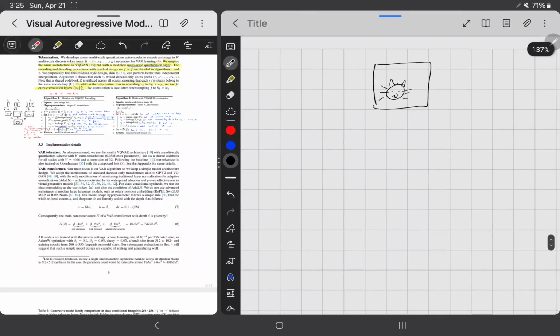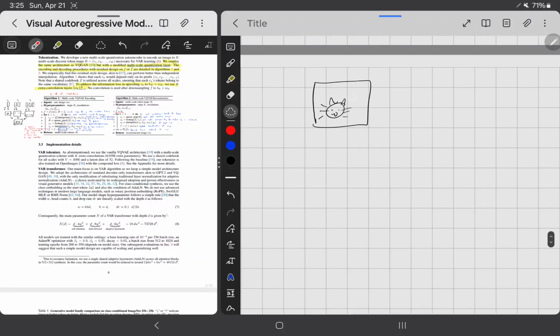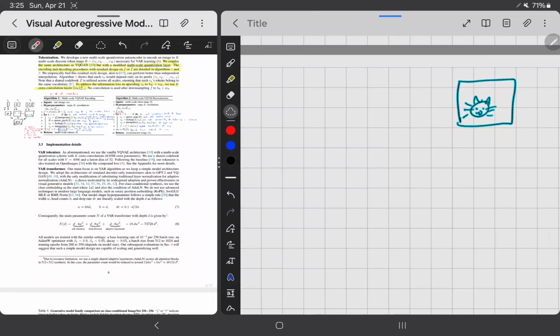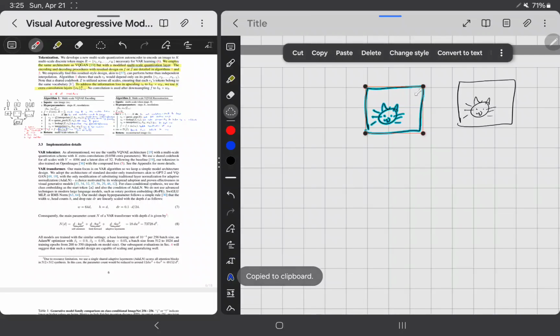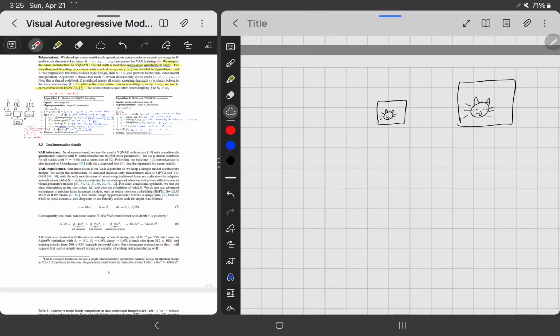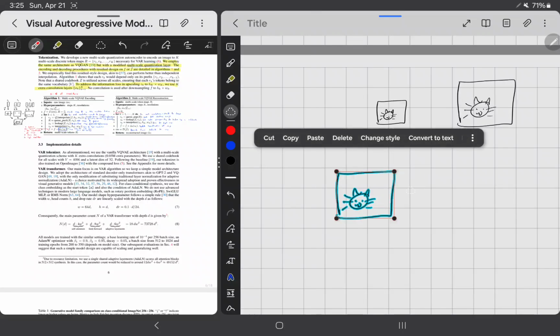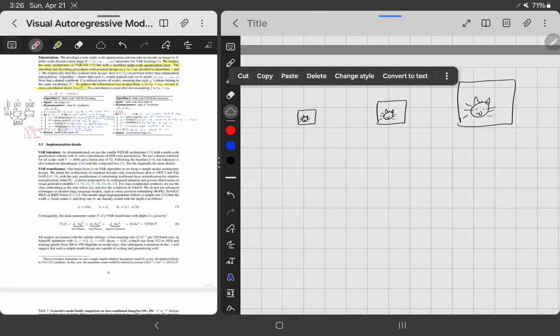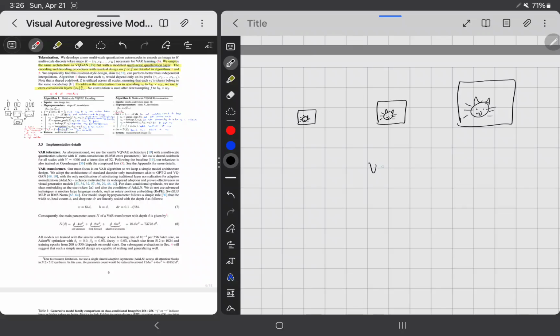So what we can do is we can create multiple resolutions of this. Let me use this as one resolution. Let me decrease the resolution a little bit, like that. And let me decrease the resolution again, like that. There we go. Now we send these through the VQVAE or VQGAN,